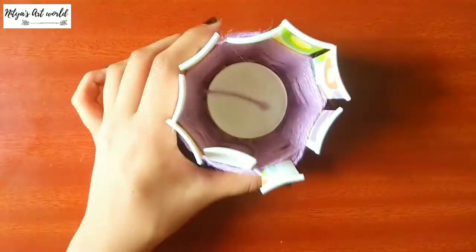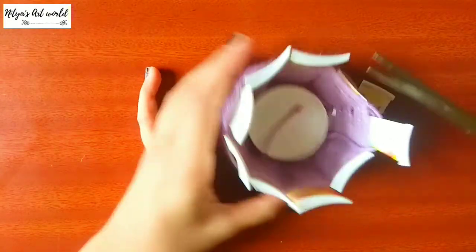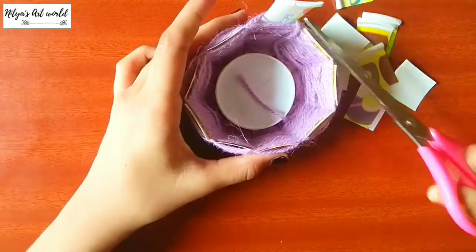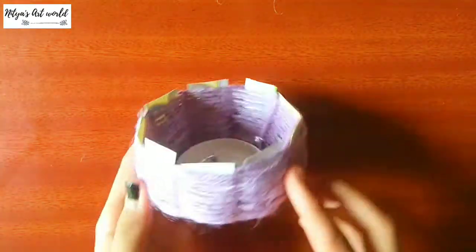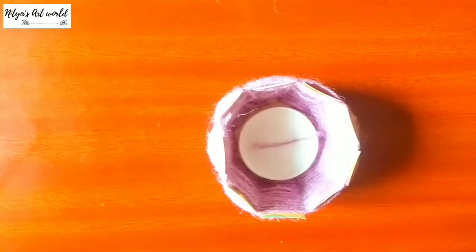Now let's cut these. Do not cut it too much or else it will start getting opened. It already looks pretty good, and now let's make the inside also look pretty. So for that,